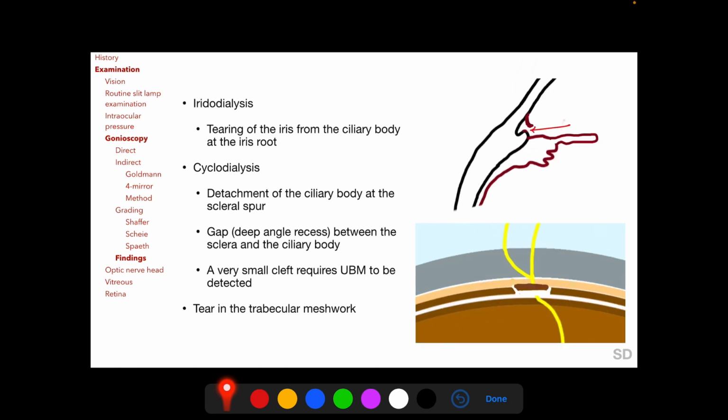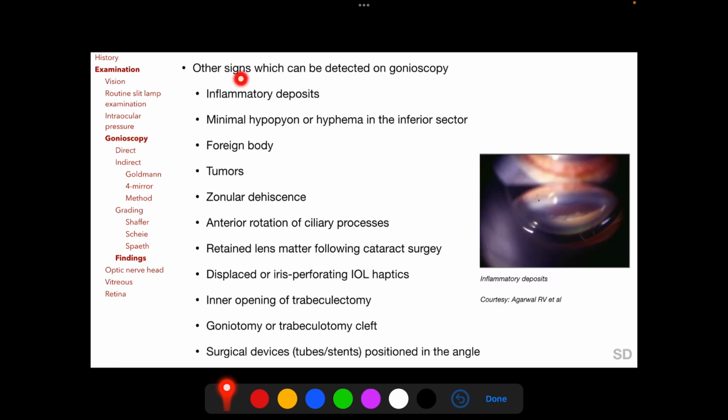A tear may occur in the trabecular meshwork itself, with this diagram representing the appearance of the tear in the trabecular meshwork on gonioscopy. Other signs which can be detected on gonioscopy include inflammatory deposits as seen here in this photograph, minimal hypopyon or hyphema in the inferior sector of the angle which may be missed on standard slit lamp examination of the anterior segment, foreign body, tumors, zonular dehiscence, anterior rotation of ciliary processes, these two findings being detected